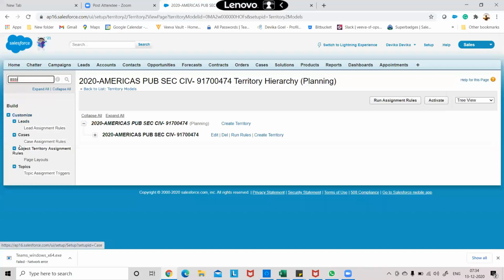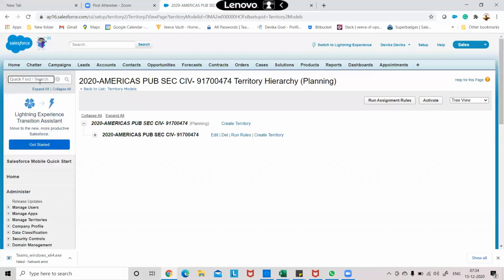If you see under Customize, you have assignment triggers and assignment rules. We create assignment rules in order to assign people certain tasks. If I give an example,